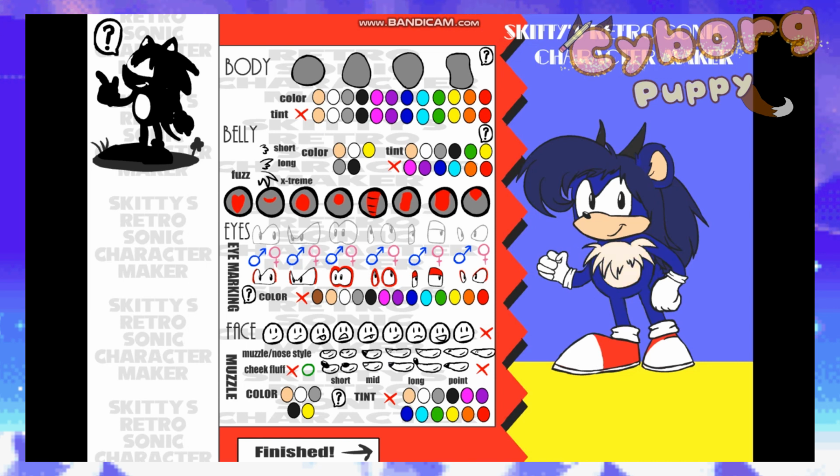Her story is going to completely change during the drawing process, but at the moment, she is going to be a goat that lived in the snowy mountains of Angel Island. So, I don't remember the name of that. Ice Cap Zone! I imagined she lived in Ice Cap Zone when I was creating her,